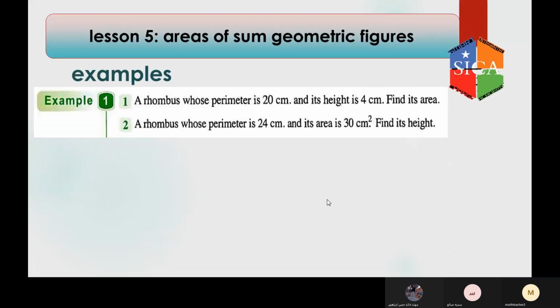Example: a rhombus whose perimeter is 20 centimeters and its height is 4, find its area. The perimeter equals the sum of its side lengths. The rhombus has 4 equal sides. Then the length of each side equals,